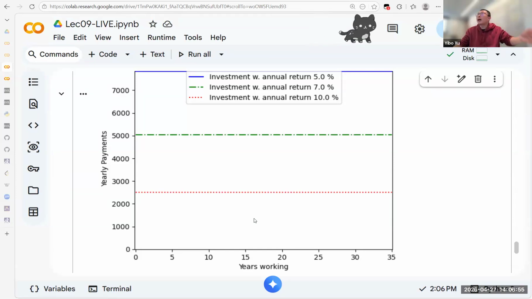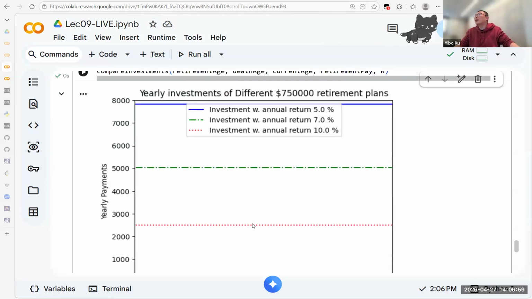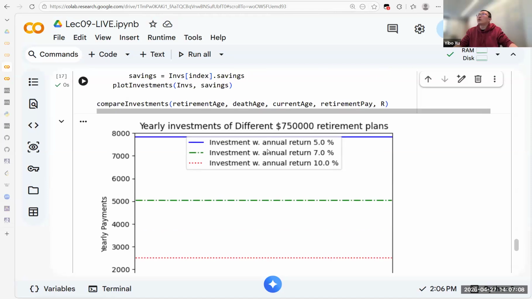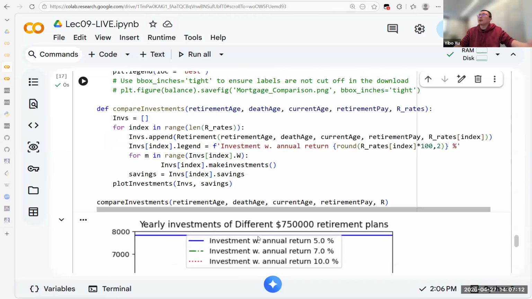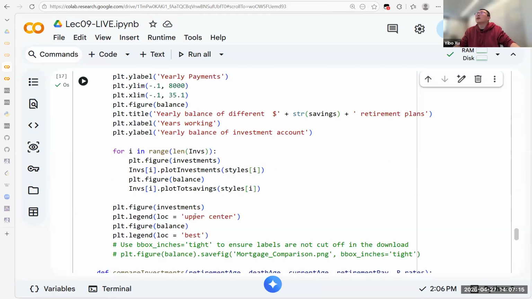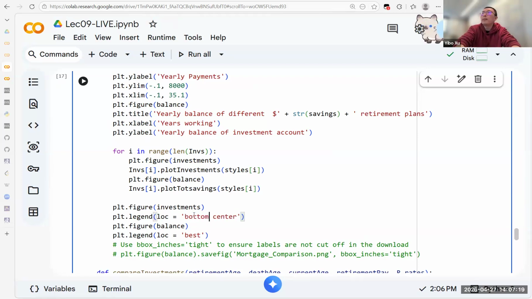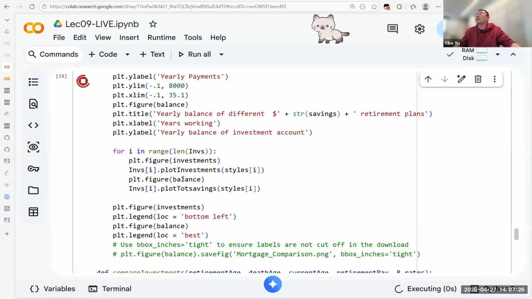So this is exactly why I'm modifying the XY limits. So sometimes the curves are possible to overlap with certain legend location. So you may want to put it at the bottom left. Okay, so let's do that. Upper center, I'm gonna change to bottom left, so that at least it's not overlapping with your